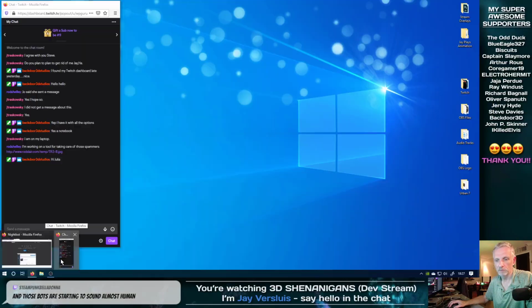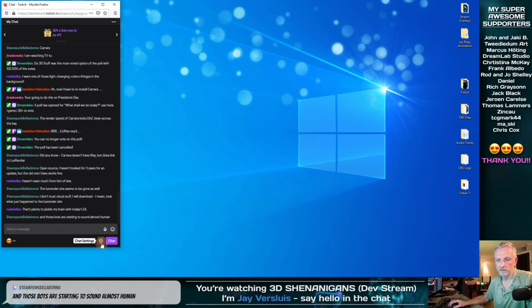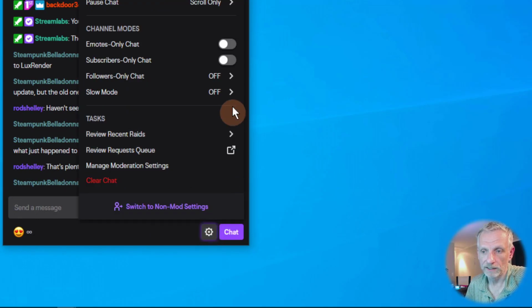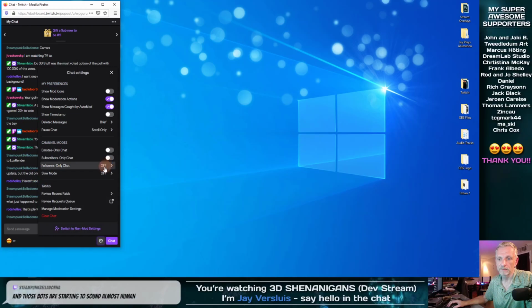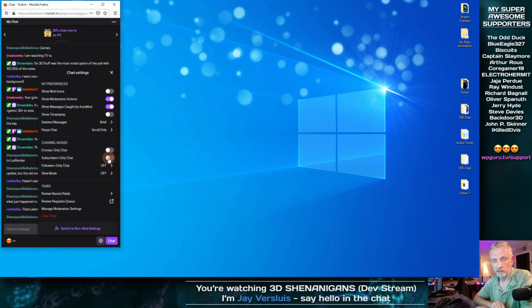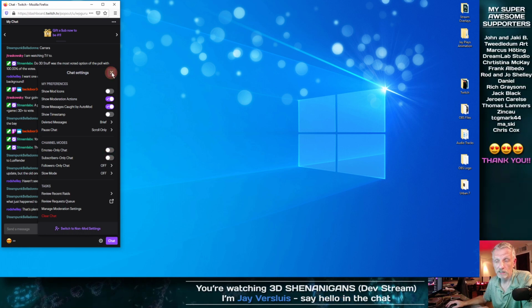Those are the short-term emergency breaks, like these ones here in the chat, that you can go under these chat settings here and then go and enable something like the followers only chat or even subscribers only chat. So should that happen to us at one point, we can turn that on if some spam attack happens. Just so that we're all on the same page.